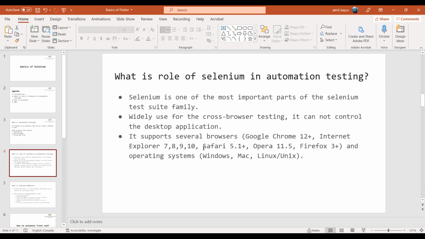As we know, Selenium is an API for automating web browsers, and we can do it over multiple browsers on multiple operating systems, and we can use any language to write a Selenium script. For example, in this session, we'll understand how to implement Selenium using Python.